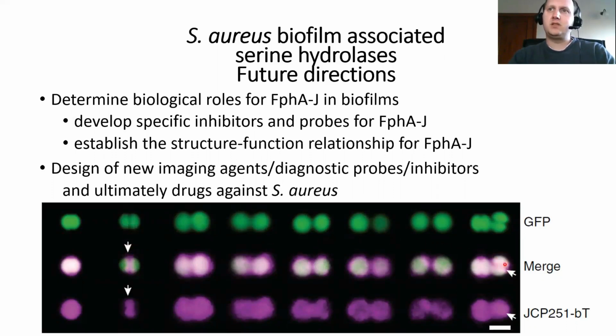And here we can see this again over here. So this is a way of how we can use structures to design and optimize inhibitors and probes, and then using methods like this, we can show what their modes of action are and what their biological roles are. Ultimately we want to use these tools, as I said, to target Staphylococcus aureus, because this is a serious pathogen and it will only probably get worse with strains that are resistant to our